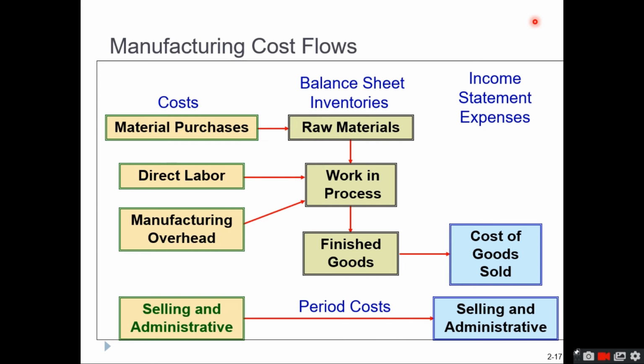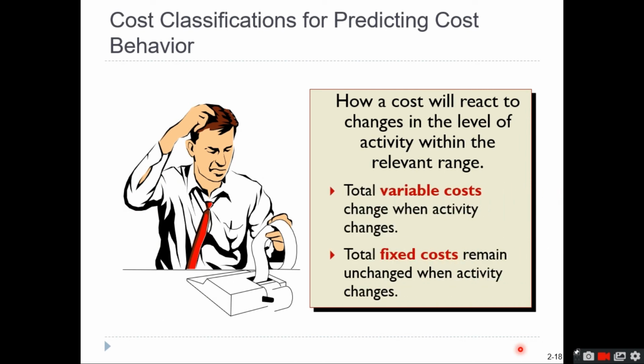So of course, do not forget to recognize also in your income statement the selling and administrative costs. Okay, that could either be still part of your balance sheet if not yet consumed, but generally, if the problem is silent, all of this period cost will be part of the income statement. So the question there now is, how are we going to predict the behavior or the flow or the movement of cost, which will now generally cover our variable and fixed cost.